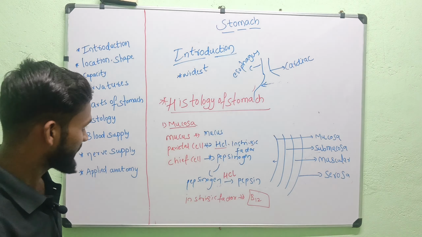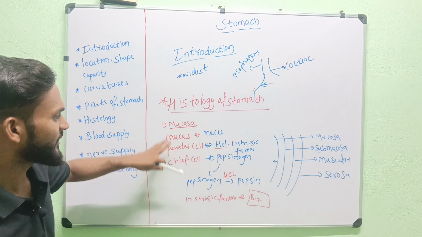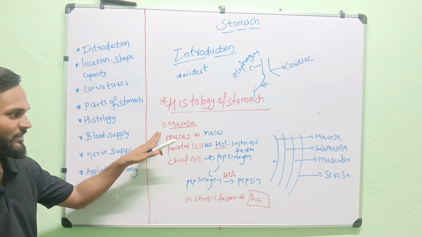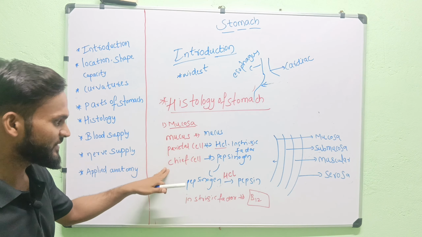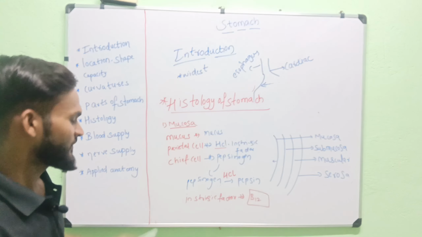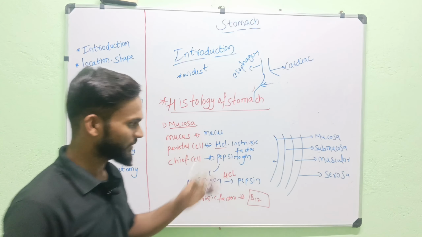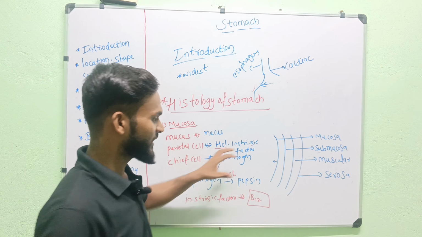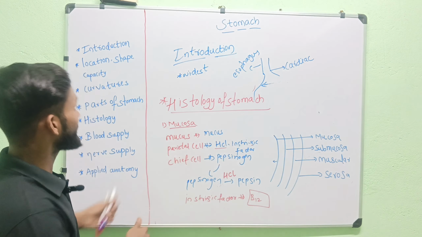These all are the special cells of your mucosa layer. The mucosa layer has the mucus cells, parietal cells, and chief cells, and they are helpful for the secretion of gastric juices and helpful for the digestion of protein. It is all about the mucosa layer. And the second layer of your stomach is